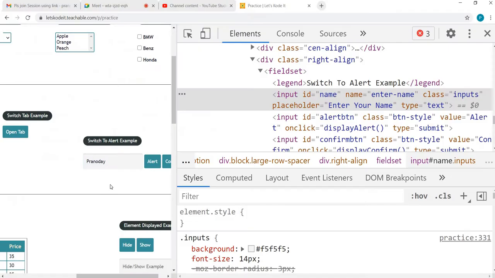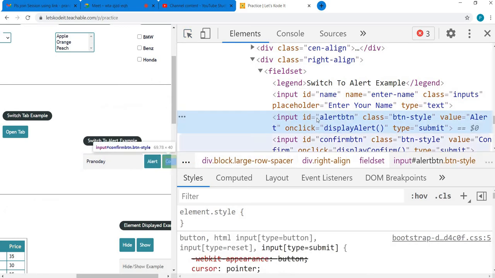Now we haven't yet clicked on the alert button. Let's go and do that now. Alert. So this button also has an ID set, value set, right? Now let's make use of the value attribute here. Now the value attribute is uniquely set. If you can see, the value attribute is where the caption of the button is coming from. So the caption is always unique, right? We don't see any web page having one or more buttons with the same captions. Always the captions are set to unique values.